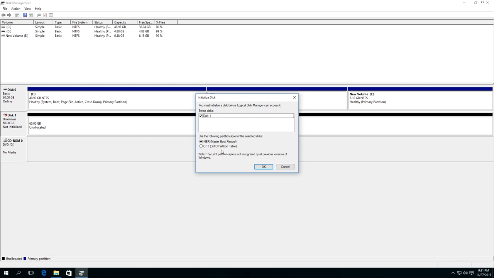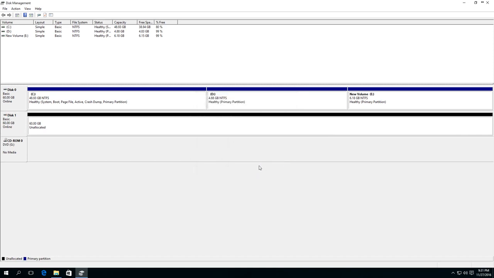Select the partition type. It's either MBR or GPT. I'd recommend choosing GPT if you have a modern computer with UEFI. If your computer doesn't support UEFI, or you don't know it for sure, then choose MBR. OK. The disk is initialized, but it will not be shown in the Explorer anyway, because there is an unallocated